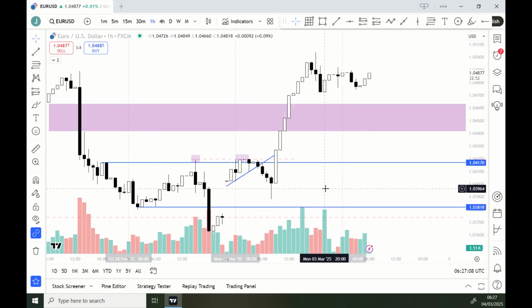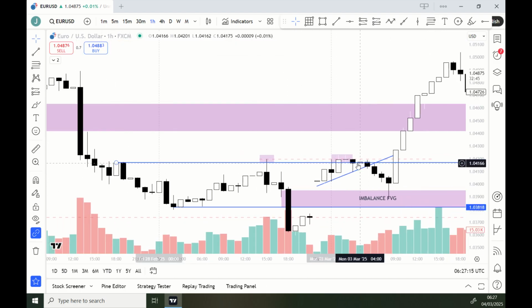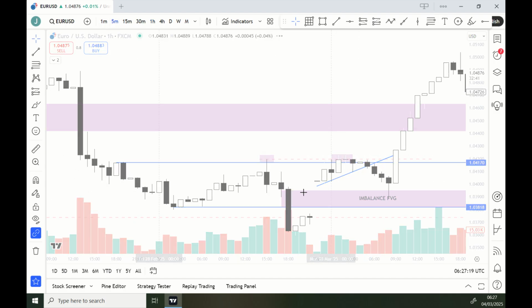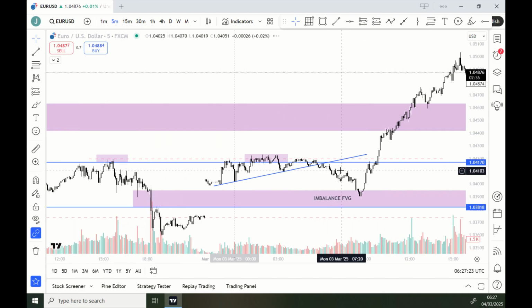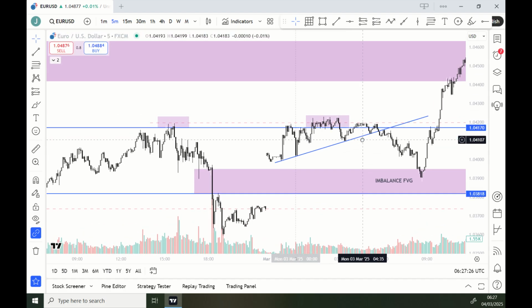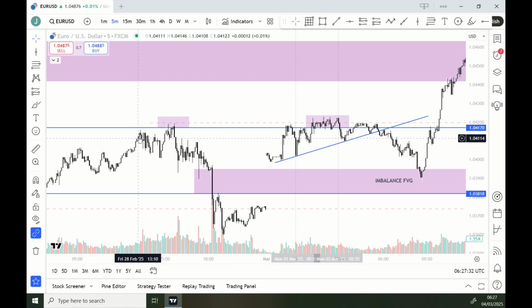So where we were yesterday, we were around this area here. We had retested it once, retested it twice. I'll go down to the 5 minute chart and show you exactly what happened. So on this 5 minute chart, we were at this area right here, and price came up, touched, came down, swept this area, gapped up, and I did say that price,